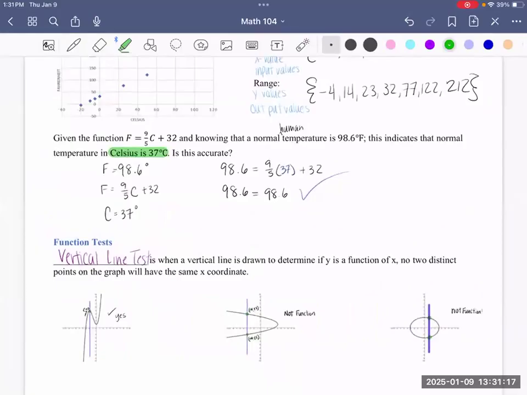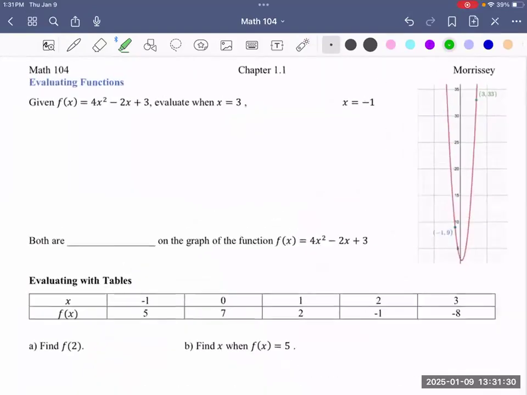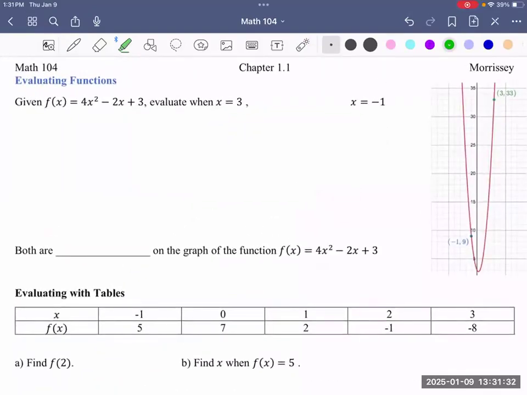So it's nice and easy to see when it's graphical. And now we're going to tell down the line what to do if we're evaluating. So, evaluating functions. Given f of x is equal to 4x squared minus 2x plus 3, evaluate when x is equal to 3